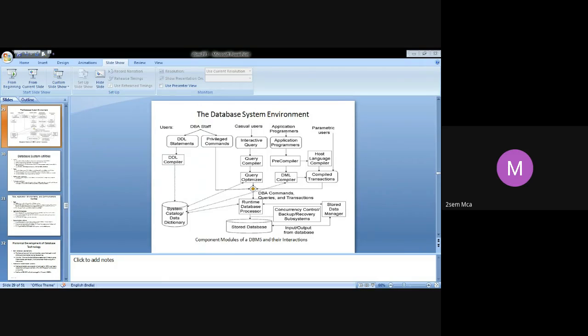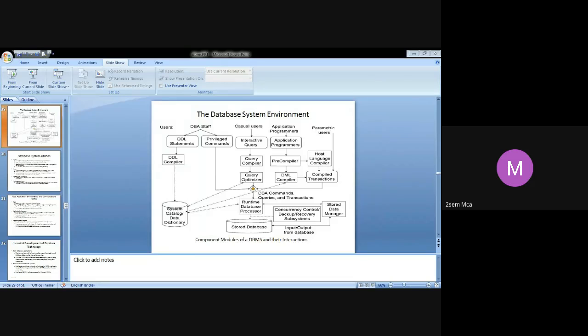So now, what does a DBA do? I'm just giving you a quick recap on where we stopped. Okay. So what does the DBA do? They write the DDL statements, and they are also writing the privileged commands. Now, for these DDL commands, we have a separate DDL compiler which is going to compile the DDL statements, and then I said they are all getting stored into a data dictionary or the system catalog here. Then we have the privileged commands. Let us leave it at that.